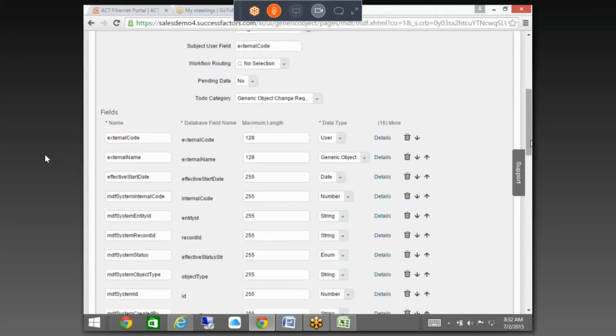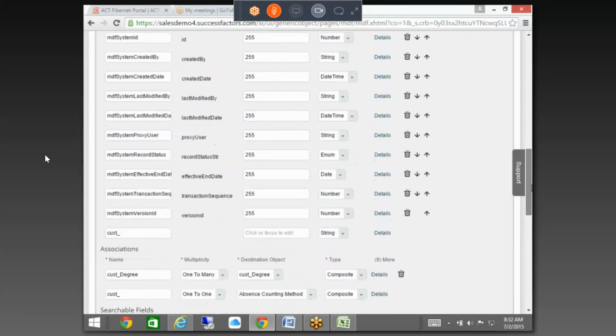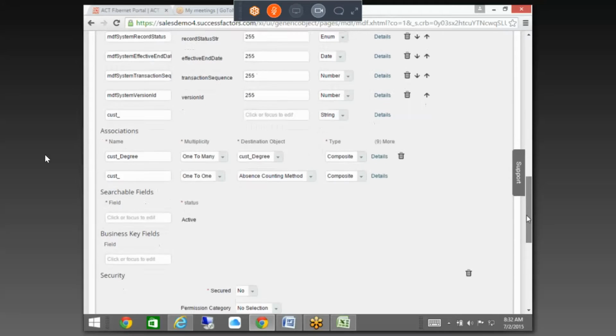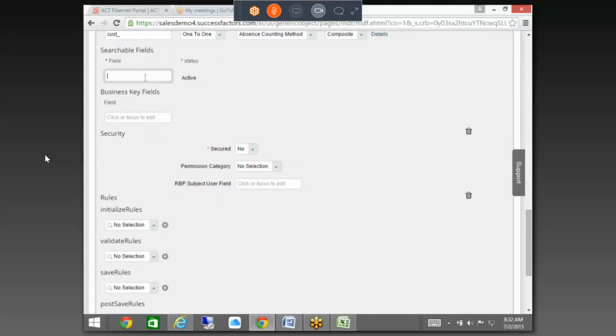So there are rules. If you look at it, these are the fields. We have seen the association section, and there is an option for searchable fields. Searchable fields are simple. You have an object and your fields. When you go and search, usually by default you search by name called education. But if you want to search with, let's say, user, you put